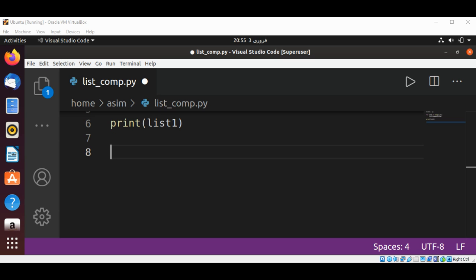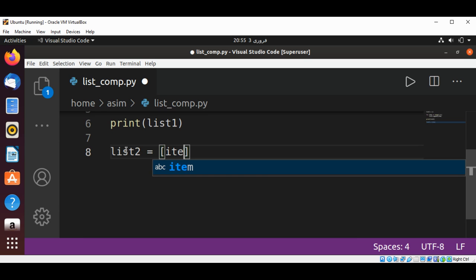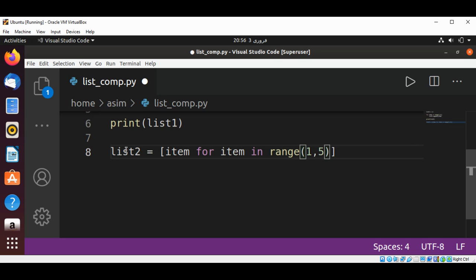A list comprehension looks a little bit like what we do when we create a list in the first place. It's something that's defined inside a set of square brackets, but it consists of an expression and a for keyword. We are going to create our second list by using list comprehension. We need square brackets and then item for item in range 1 to 5,